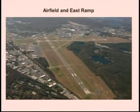Town Council approves an appropriation and loan order of $5 million for design and reconstruction of the east ramp at the Barnstable Municipal Airport. Airport Manager Bud Brielt says the renovation will bring the airport into FAA regulations. In addition to the information that's presented in your agenda package tonight, I want to add that this $5 million appropriation and loan order for the design and reconstruction of the east ramp at the Barnstable Municipal Airport has